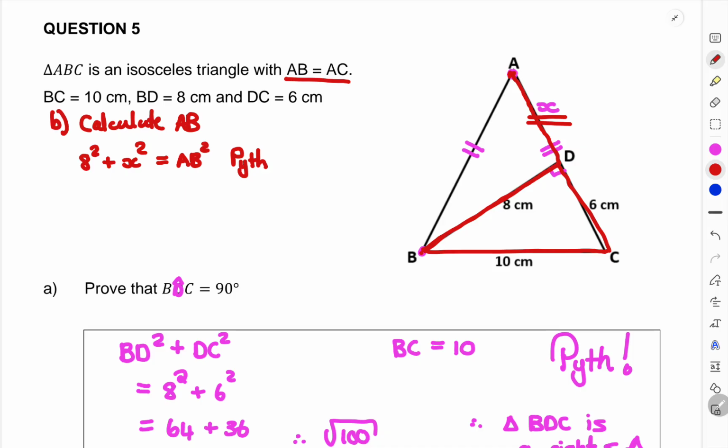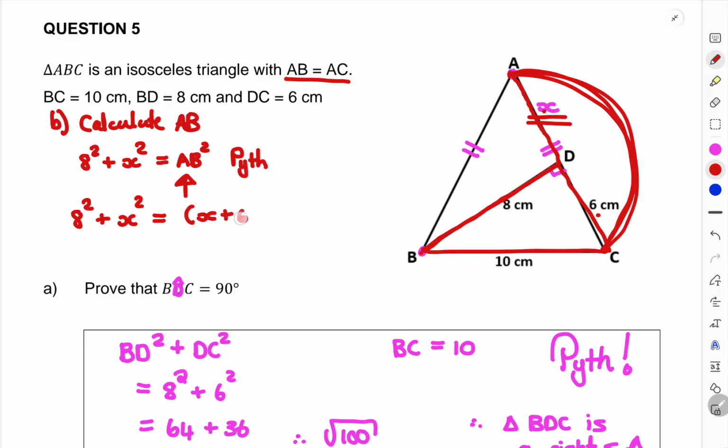Let me just see where I'm going with this. Okay, so now I'm going to replace this AB squared with AC squared, because we know that AB is equal to AC, because here I've got some values. So I'm going to say 8 squared plus X squared is equal to AC squared, and AC is